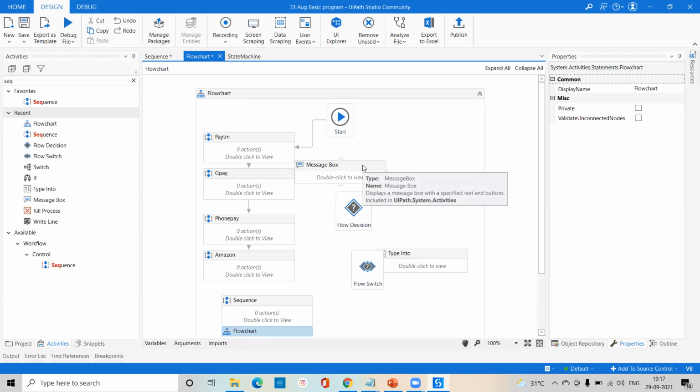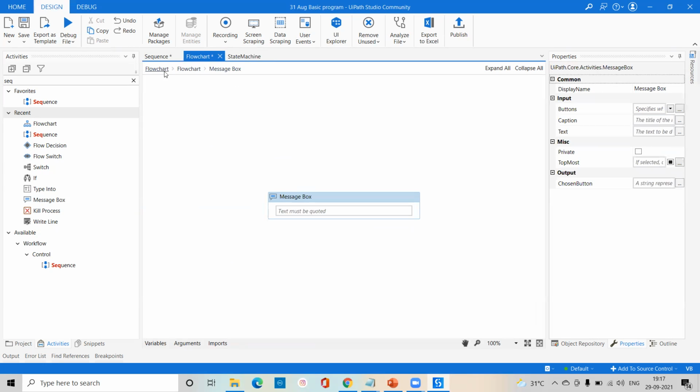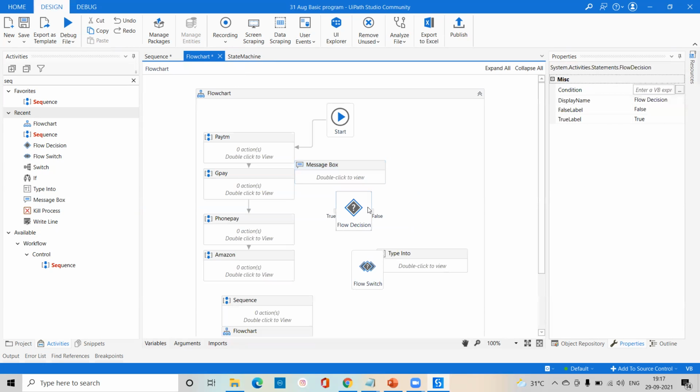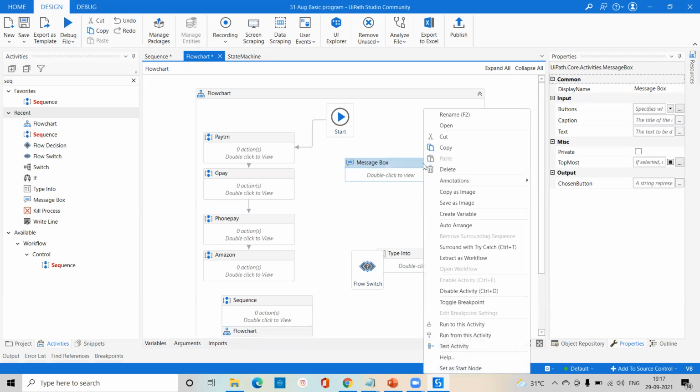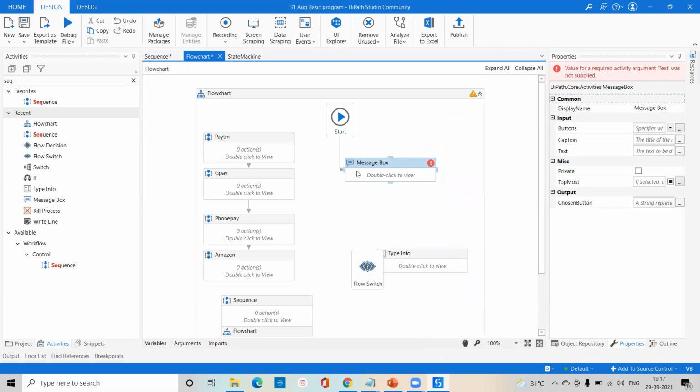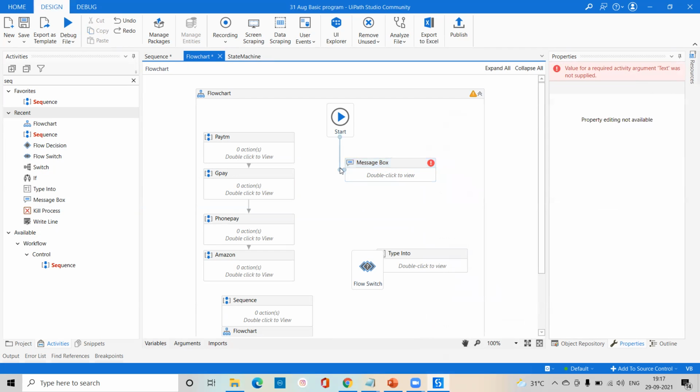Suppose that here I'm taking this message box. Okay. Let me show you. Suppose that here I have taken this one message box. Okay. Let me show, and here I'm going to connect with the message box this way, and here we have connected through this node. Okay. Right now I will try to connect it this way. So right now you can see here we're getting the 1, 2, and 3. We are getting 3 nodes. Whenever we have connected to the start, we can see here 1, 2, and 3 nodes.